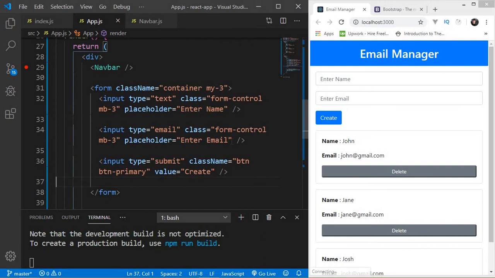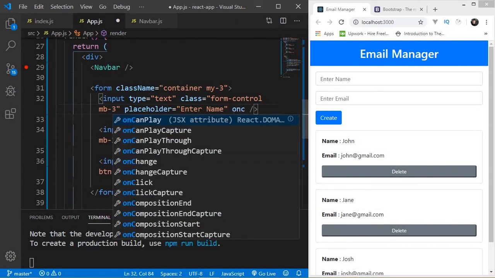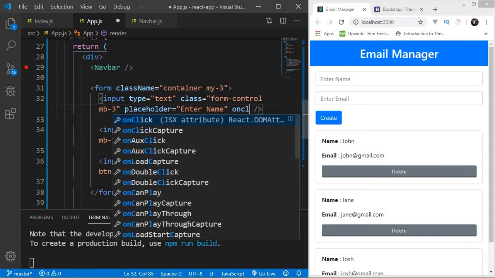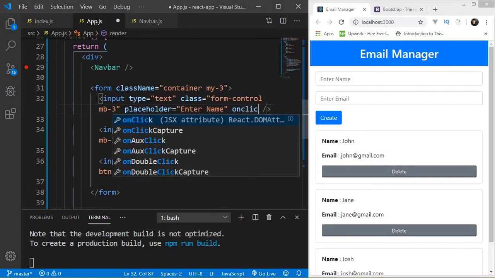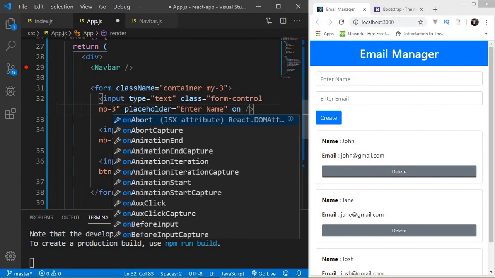Now here let me talk about events in React. Event handling in React is similar to what you do in HTML. You don't use addEventListener or something like that. In HTML you would do something like onclick or onchange, but here you do the same thing, except instead of all small letters you use camel case. So onChange